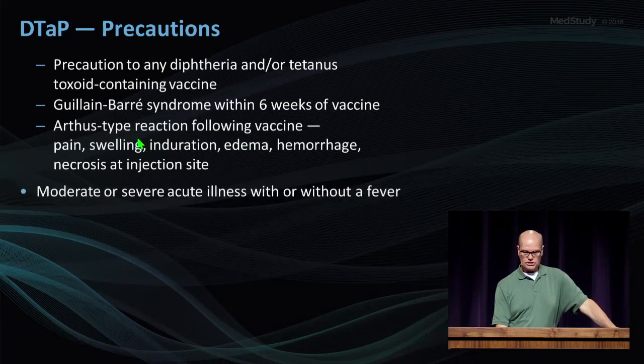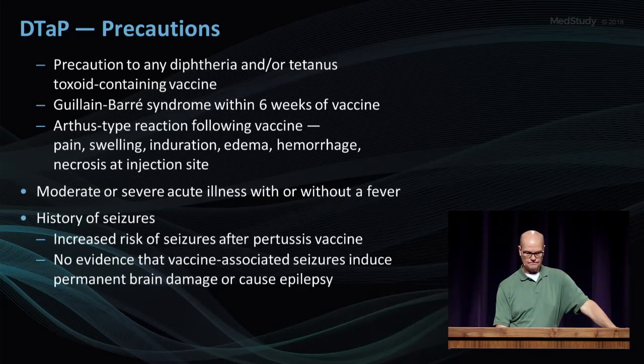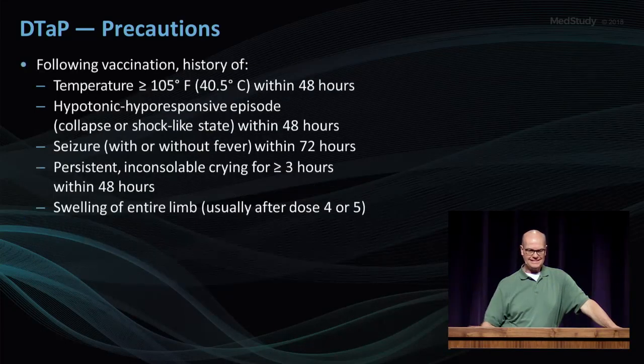The precautions also include a moderate or severe acute illness at the time of vaccines, or a history of seizures. Just a history, that's a precaution, but not a contraindication. Other precautions that might kind of sound like contraindications are listed here, which is a significant increase in temp, hypotonic